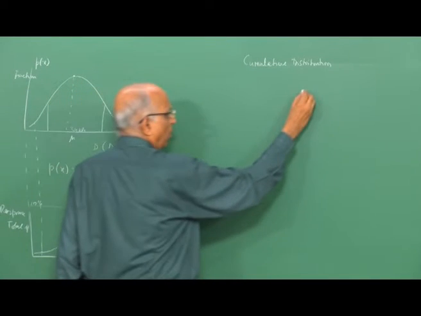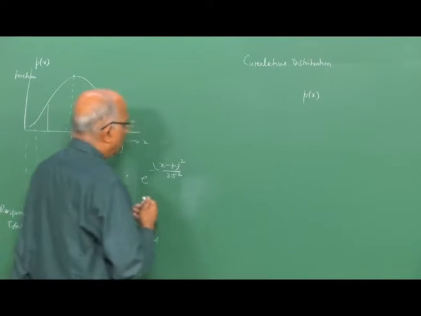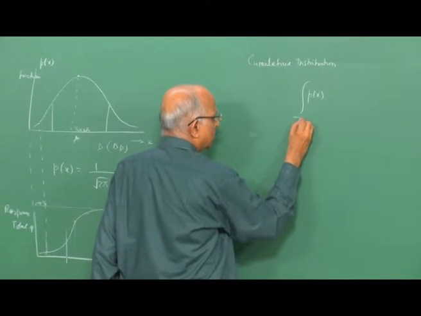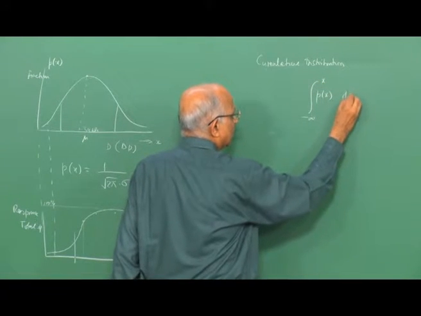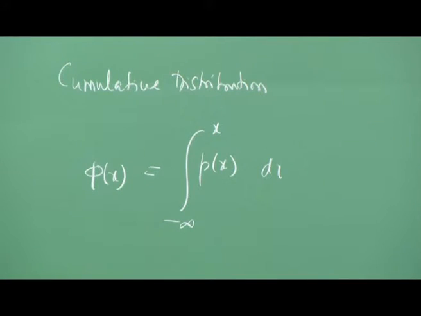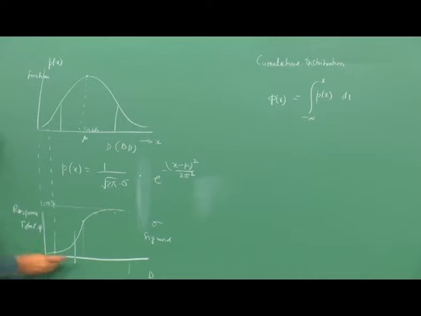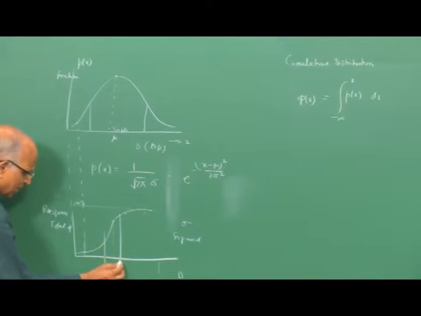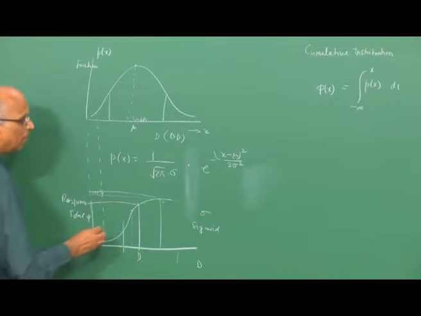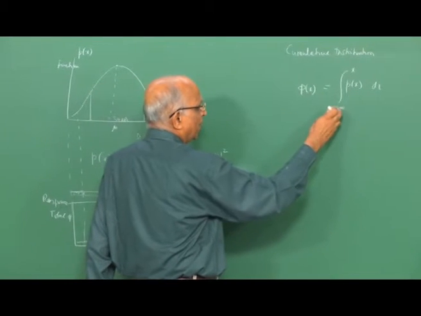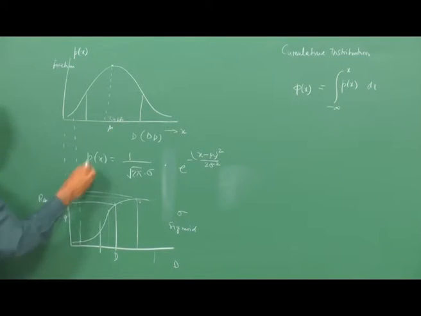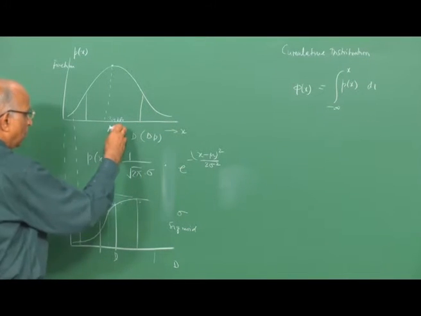Compared to Px, which is the probability distribution function or a Gaussian distribution function over here, you say Px going from minus infinity to x dx is what we call the cumulative distribution function. Here the total response is nothing but maybe up to this level, let us say d1 over here, this is the cumulative number, up to here it is the cumulative number, and therefore this cumulative distribution is minus infinity to x, because on the left hand side I start from minus infinity to the right side of plus infinity,